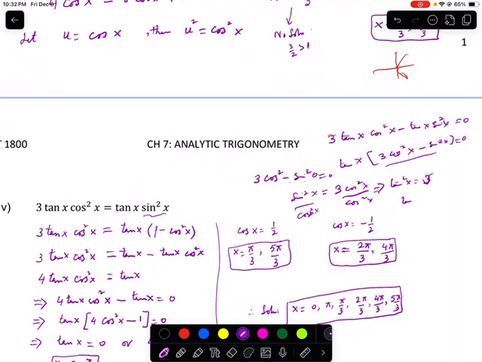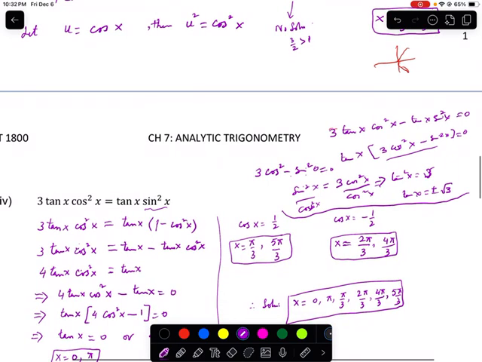So the tangent x will be equal to plus minus square root of 3, and you will see then, if you remember, that tangent of x is square root of 3 for what angle, and then the same thing for the tangent of x is equal to negative square root of 3. But I don't know, if that feels easy, you may do it like this, but I did it like this one. In the end, what are the factors: tangent x got factored, other factor is 4 cosine squared x